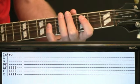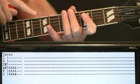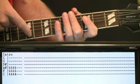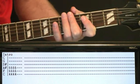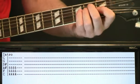Kittie, Charlotte. Alright, so this is a drop C tuning. So we'll have C, F, A sharp, D sharp, G, C. Alright, just take everything down 4.5 steps basically, 2 whole steps. And alright,